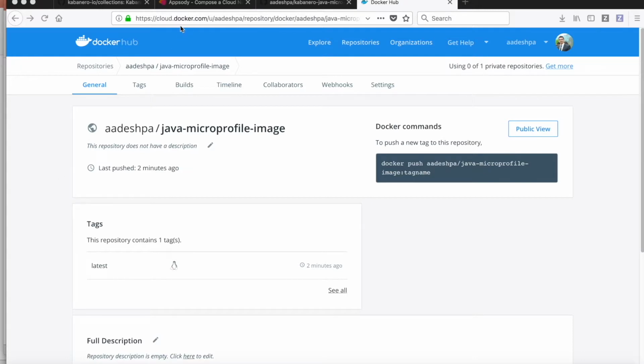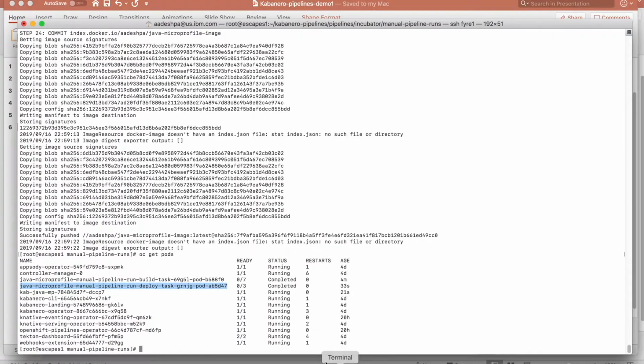Now I came here on the Docker Hub repository and logged in with my ID. If you see under the repository, the image was created just 2 minutes ago because of the pipeline run we ran, and to confirm the image name, this is the image. So it was successfully pushed to Docker Hub, and this deploy task will now be deploying it as a new pod. So let's check